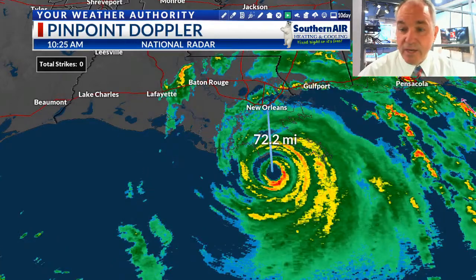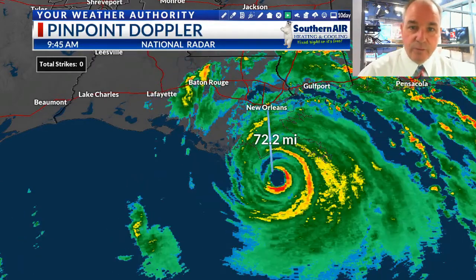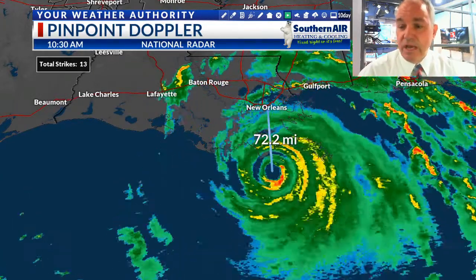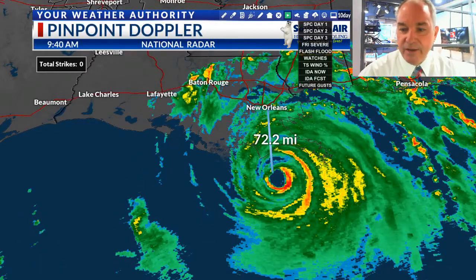And it is going to continue this motion, probably taking a track a little bit further to the east of what it was looking like a few days ago, which means the impacts on the Arklatex actually could be a little bit less. This is the latest advisory on Ida issued at 10 a.m. from the National Hurricane Center, again showing that it is moving northwest as the storm is packing sustained winds of